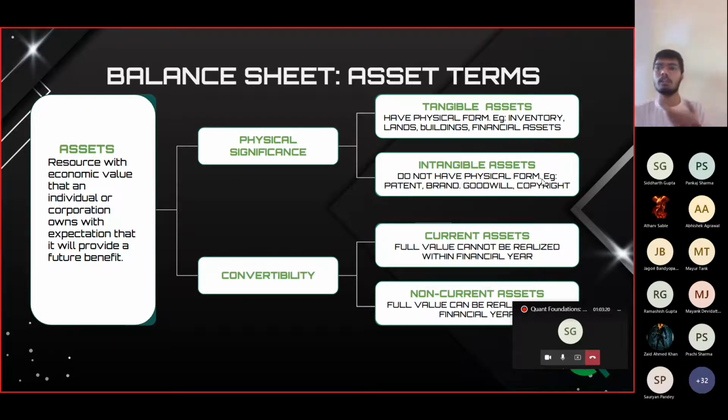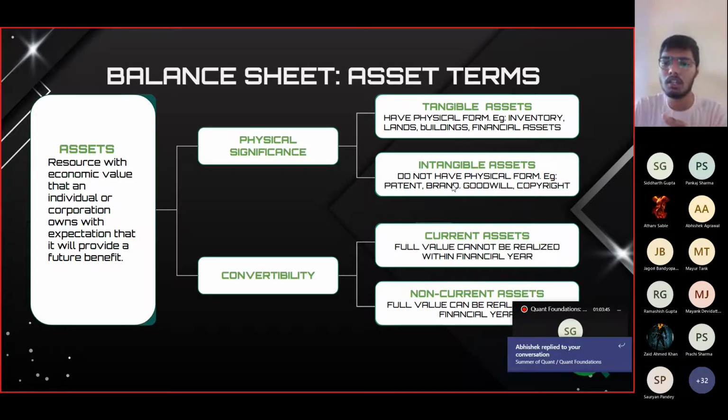Okay, so suppose, I heard recently that Chennai Super Kings have a brand value of 2,700 crore. So that is some intangible asset. I'm not sure if that can be included in the balance sheet or not. Might be, but goodwill is of course included in the balance sheet. What is goodwill? Basically brand value can be included, but only after some transactions. Suppose Chennai Super Kings is acquired by some other company, right?